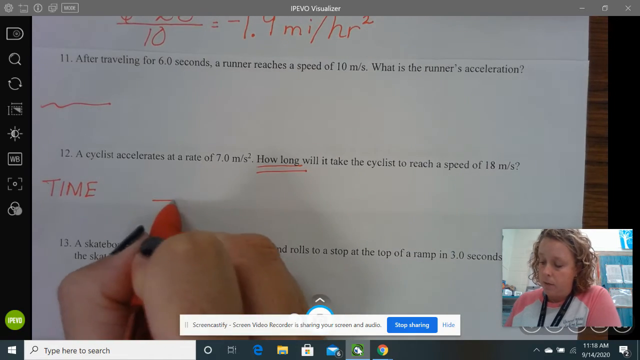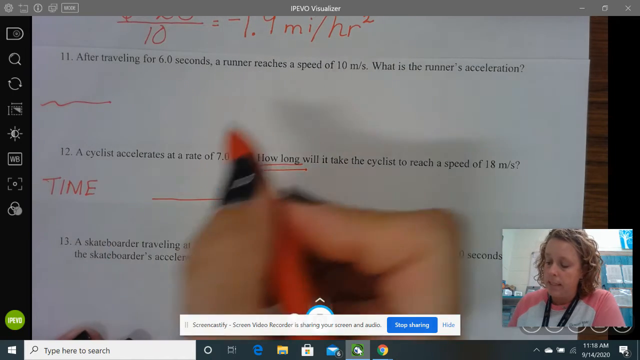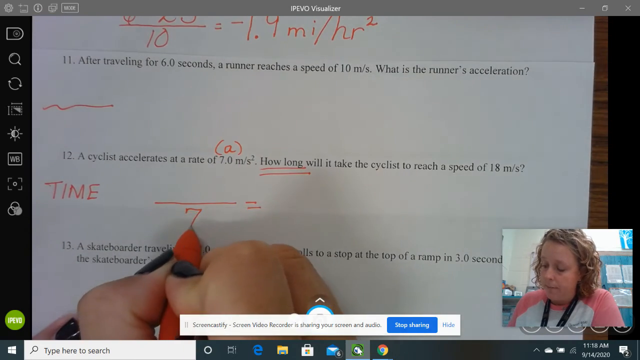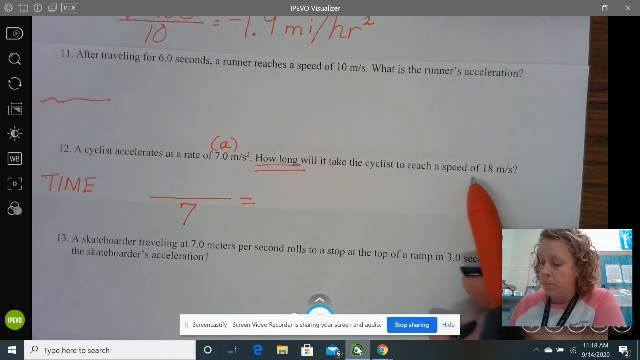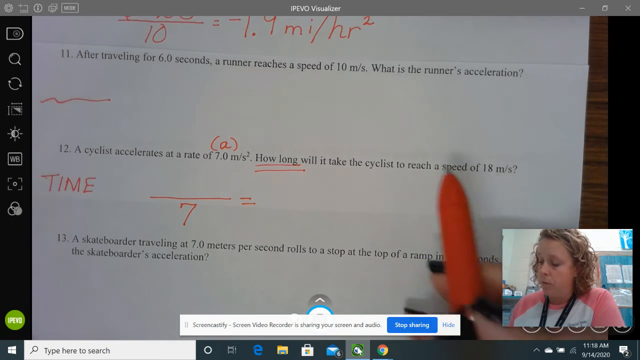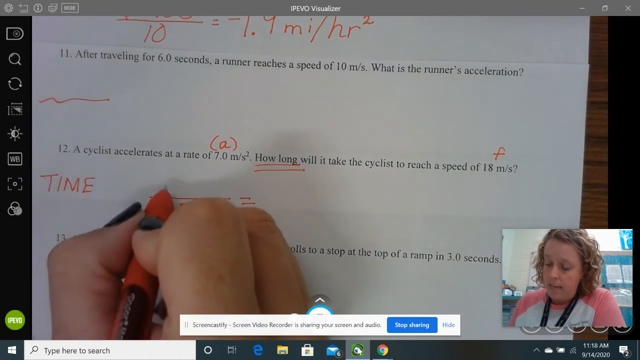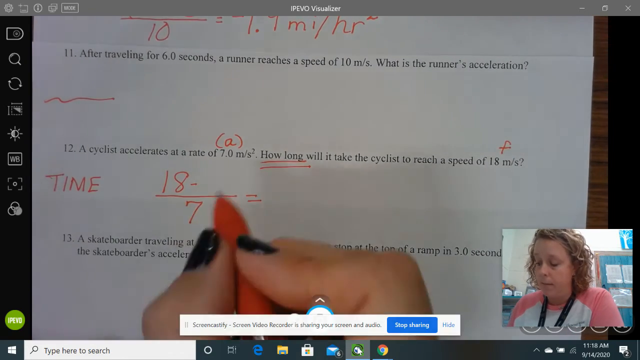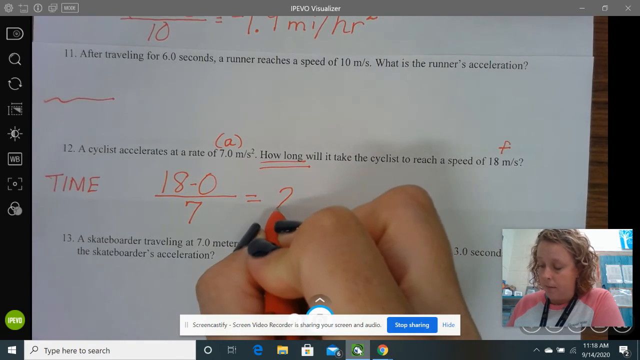Okay, so let's go ahead and get our problem set up. When you're looking for time, acceleration goes on the bottom. So the cyclist accelerates at a rate, there it is, acceleration, 7. Okay, how long will it take the cyclist to reach a speed of 18? So to reach, that's going to tell us that that's our final. Okay, so initial would be what? 0. Okay, so 18 minus 0 divided by 7 is going to give you